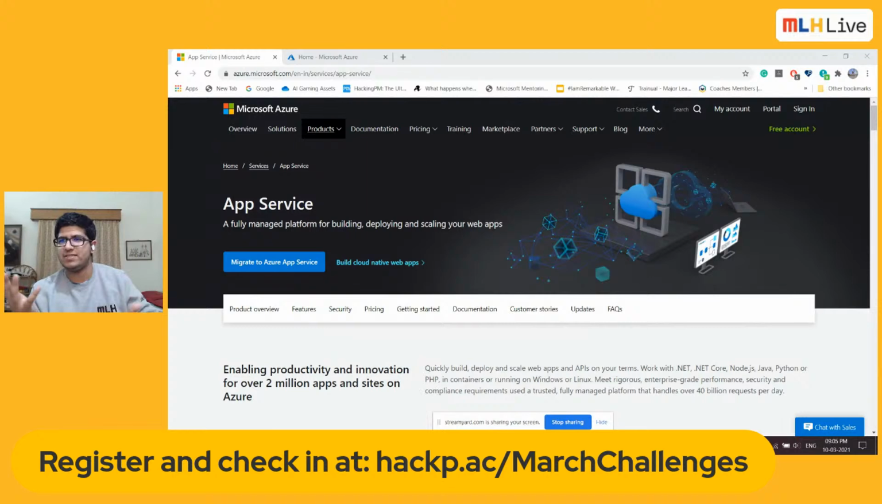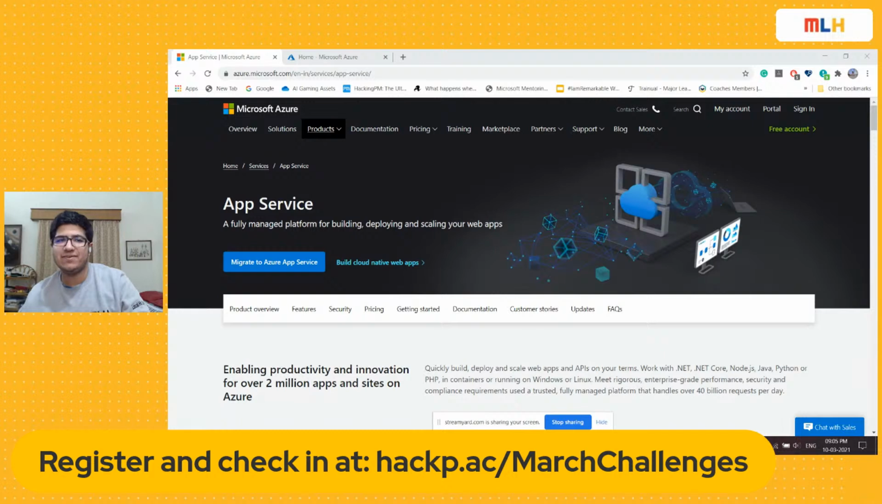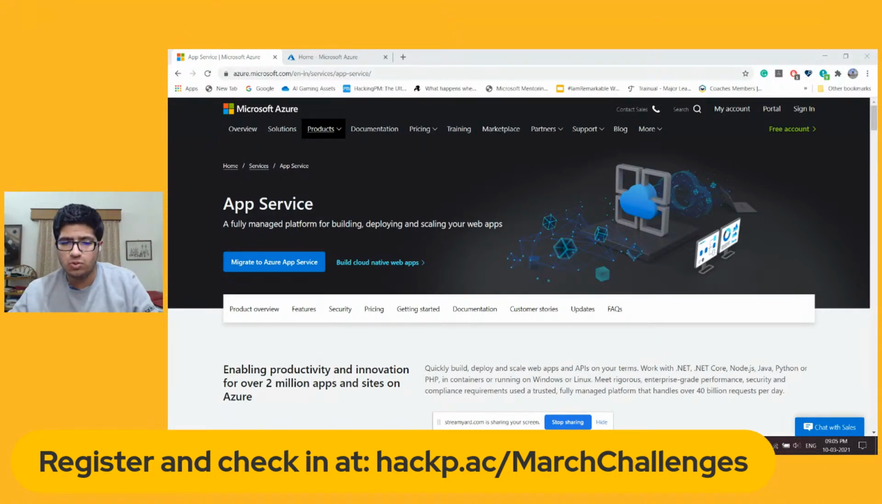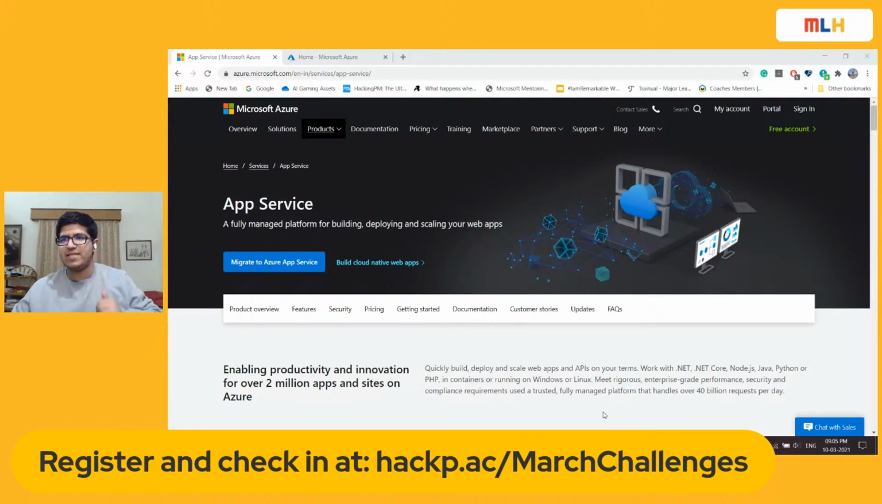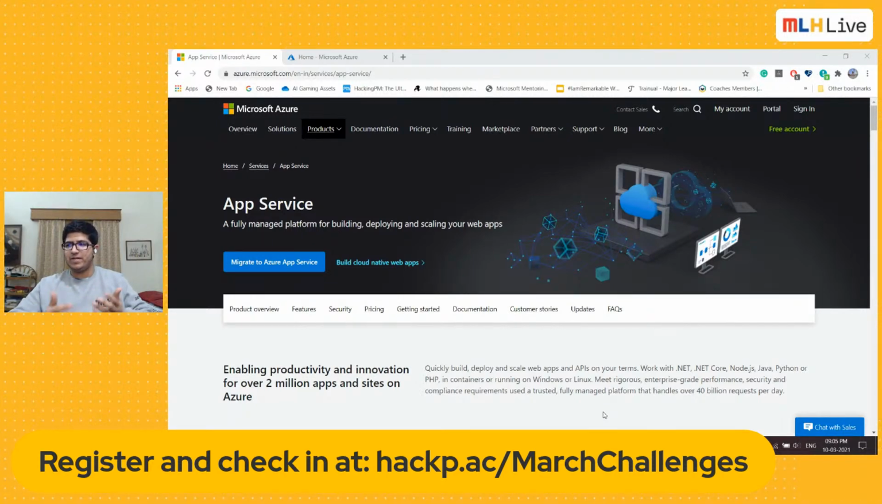So it does work. I mean, as a cloud provider, it does fulfill similar requirements. It's just that it has slightly different tools. So now, since we're working with App Service today, let me share a little bit about Azure